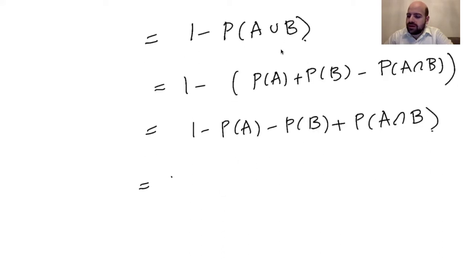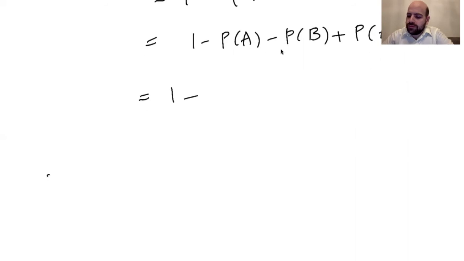Now what is P of A? Well, A is the event that I would have a triangle with vertices V1, V2, V3. That means I would have a triangle if all these three edges appear, and each one would appear with probability P and they're independent of each other. So P of A is P times P times P, which is P cubed. Similarly,